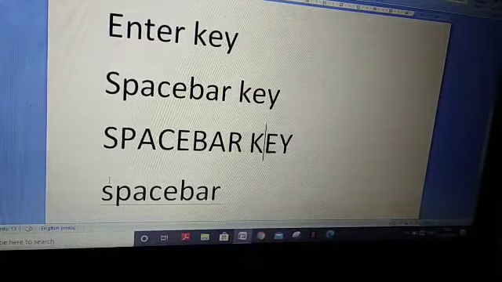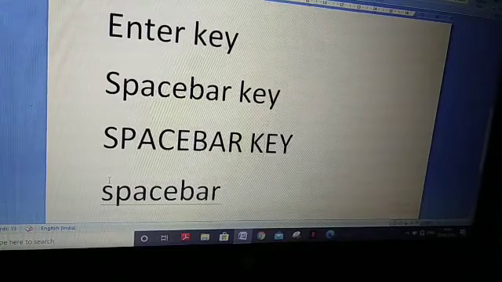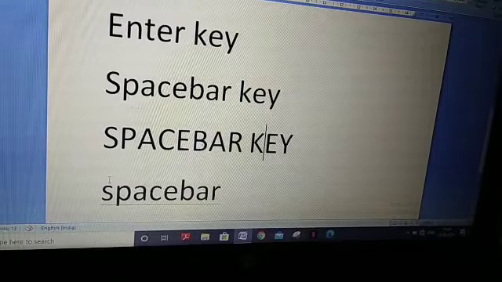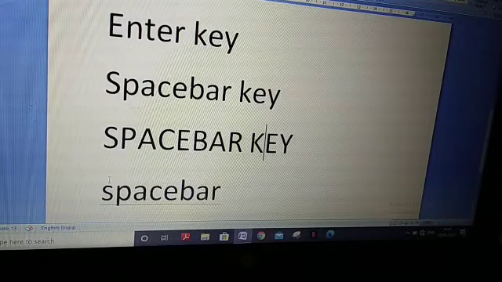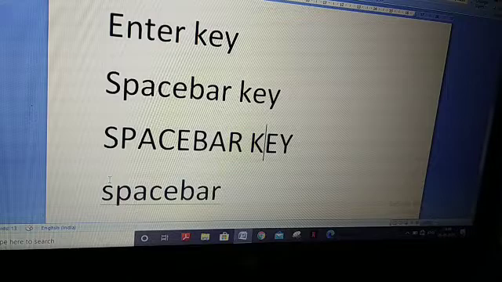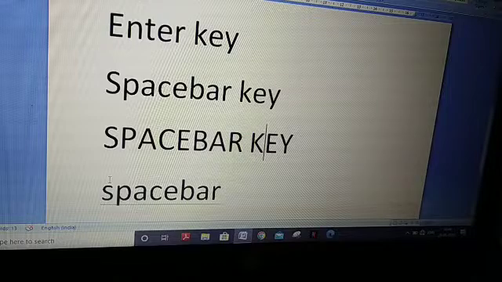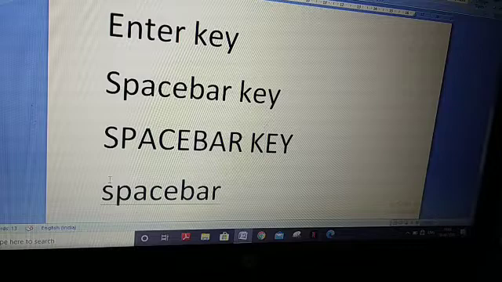So we have to press arrow keys to move the cursor. Arrow keys don't type anything on screen. Arrow keys are used only to move the cursor. And how many arrow keys are there? 4 arrow keys are there on the keyboard. Left, right, up and down. Understood?